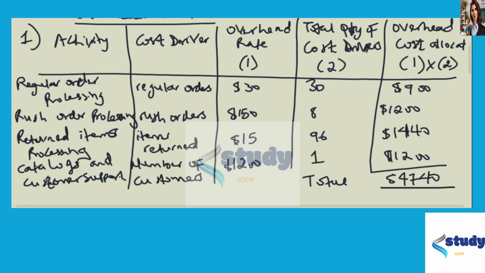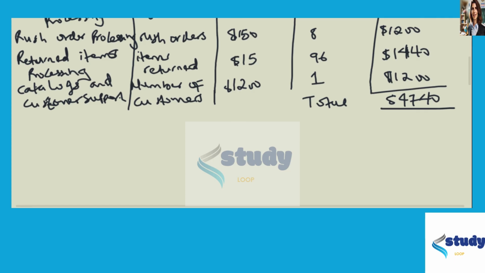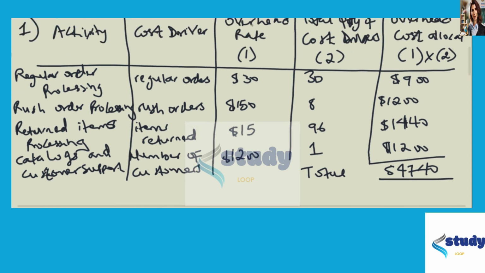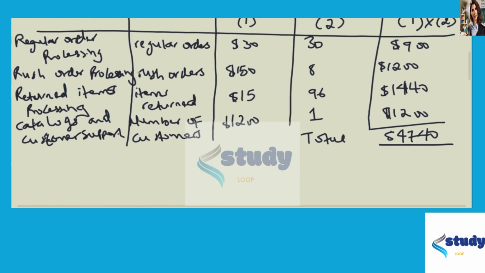So now we're going to move to customer 2 and do the same thing we just did. So instead of me writing it over and over again, I'm just going to write the overhead rates, the total quantity of cost drivers, and the overhead cost allocated. So it's basically going to be the regular order processing, the regular orders, the rush order processing, the rush orders, return item processing, the items returned, catalogs and customer support, and the number of customers. So just to reduce that, I'm going to do the same thing for customer 2, but this time I'll just be doing the overhead rates. So for the first thing, the overhead rate,